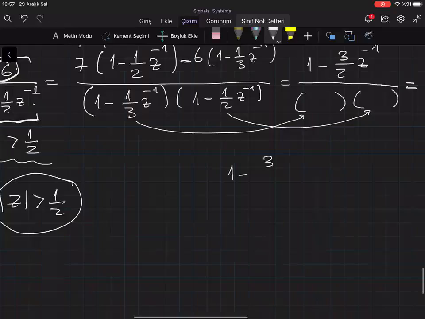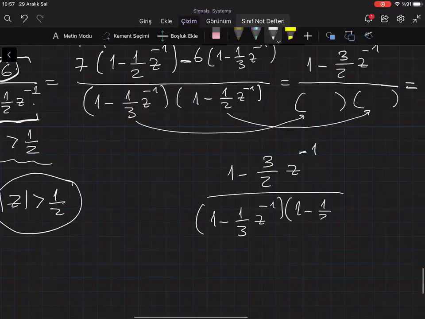X of z equals 1 minus 3 over 2 z to the power minus 1, divided by 1 minus 1 over 3 z to the power minus 1 times 1 minus 1 over 2 z to the power minus 1. Now, if you are asked in a question to give the ROC, then plot the ROC and indicate the poles and zeros on it,